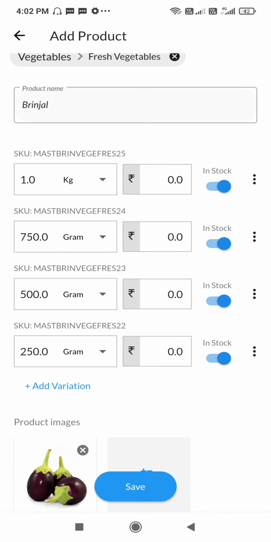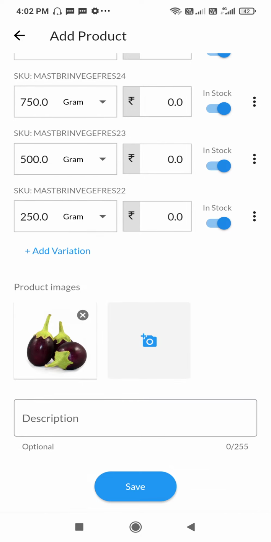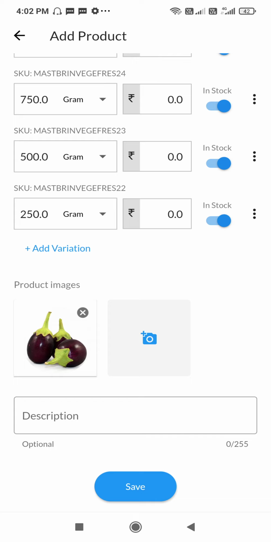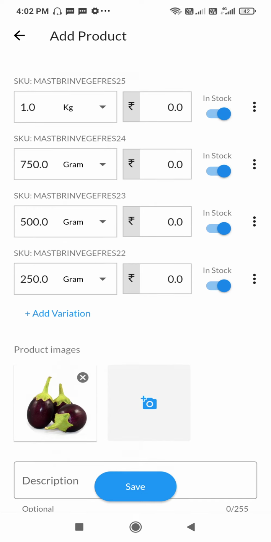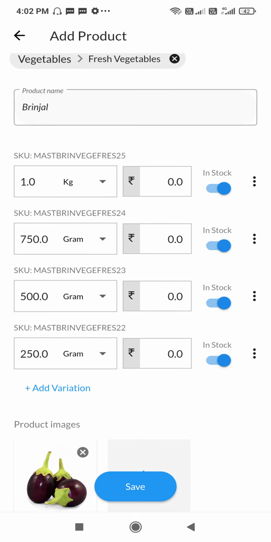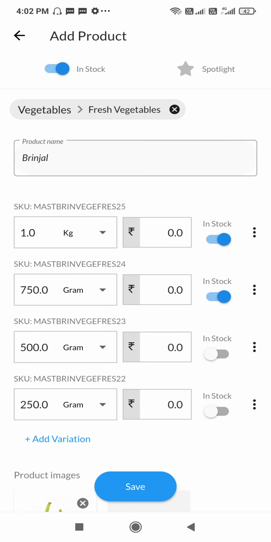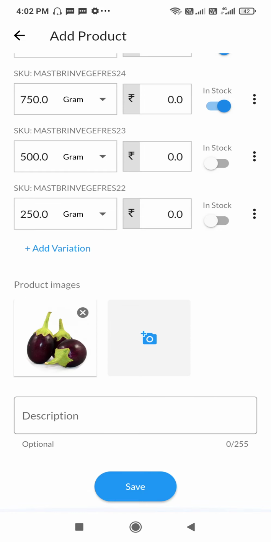the options, all the variations that are associated to it, all the pictures associated to it. If you want to add more pictures, you can add from your side as well. Similarly, you can mark which all variations you have as in stock or out of stock depending upon whatever you keep. You can also put the products in spotlight, which means in the customer application it will be shown separately and people will be able to see it before, in spotlight products,